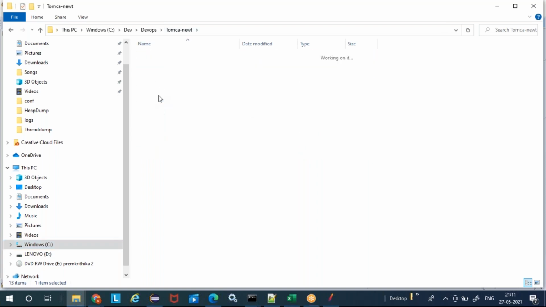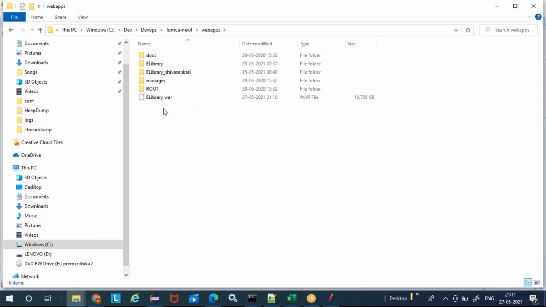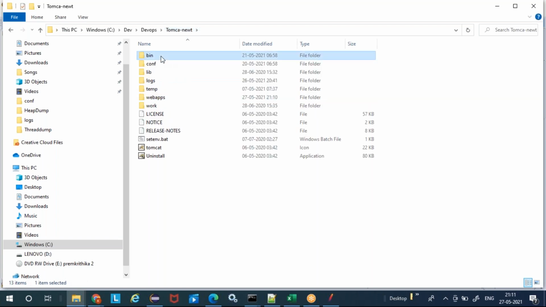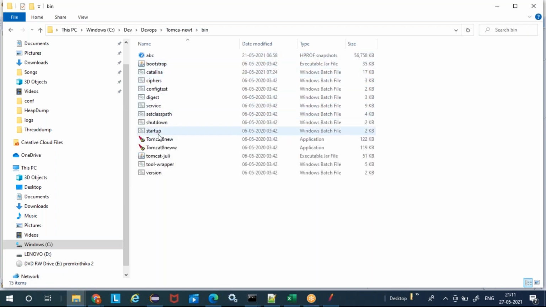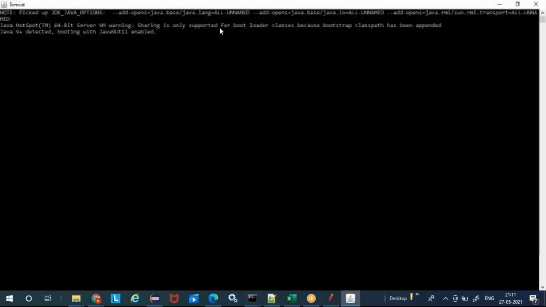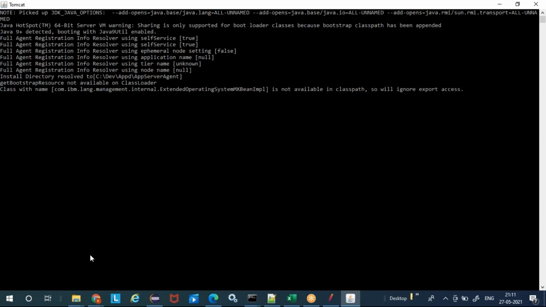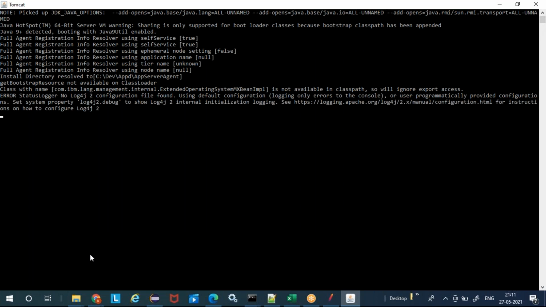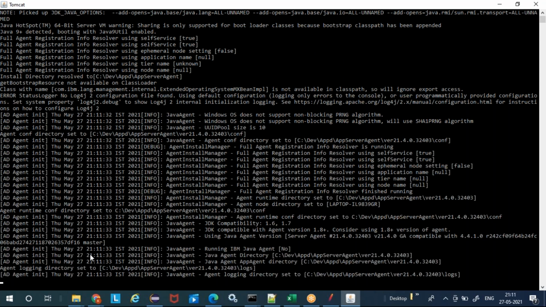So in the webapps folder, this e-library.war file is now copied. If I go back, I can just start the Tomcat. Once it is started, the e-library app will be available over localhost 8082 on the machine.